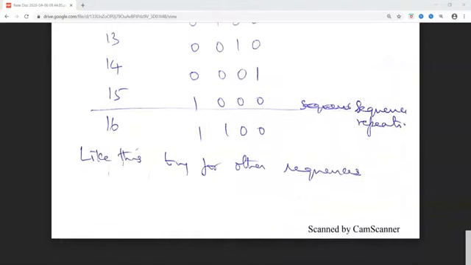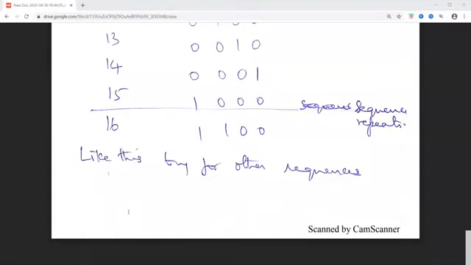You can also try this for other sequences. That means you can assume any other data as the initial data, make the connections as dictated in the table, and write down the various sequences for different clock pulses and tabulate them.